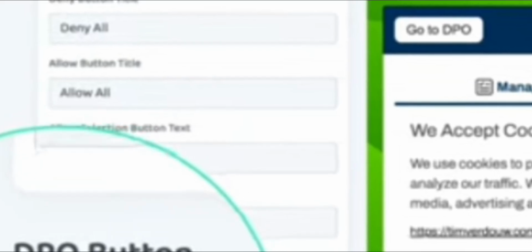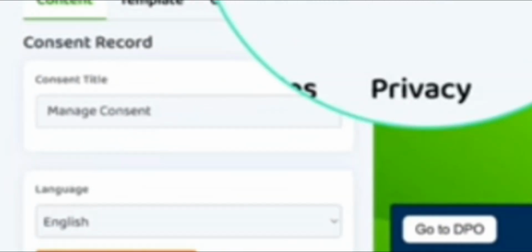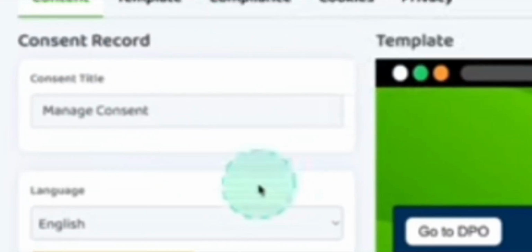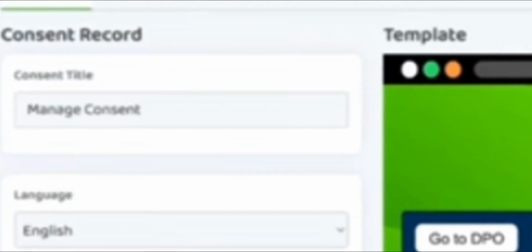Also the DPO button, which is the data protection officer. If you enable this, you will see this button here as well. And that one can be managed in the next tab. But first, let's go through the first part in this tab. So basically you have the tabs at the top, and when you select one tab